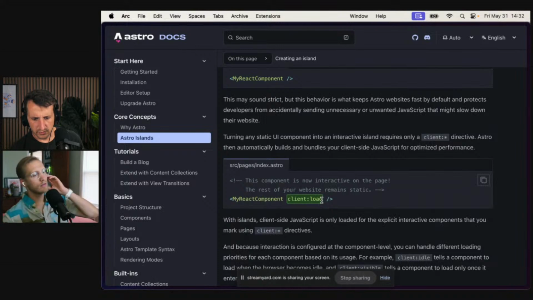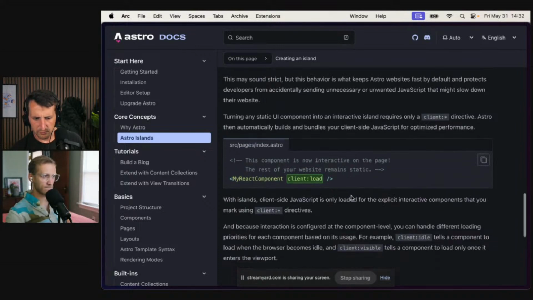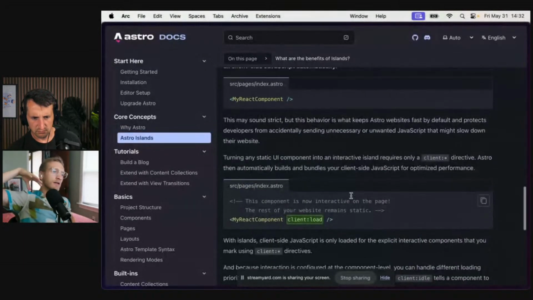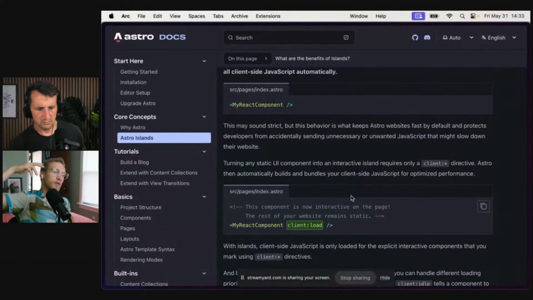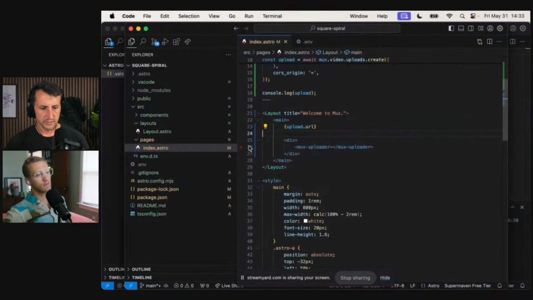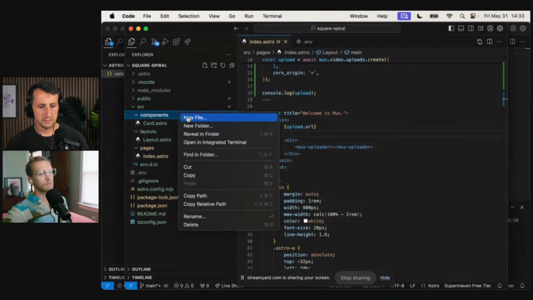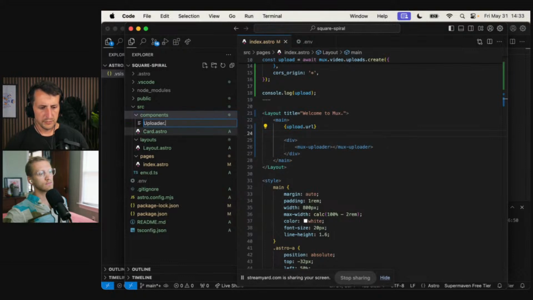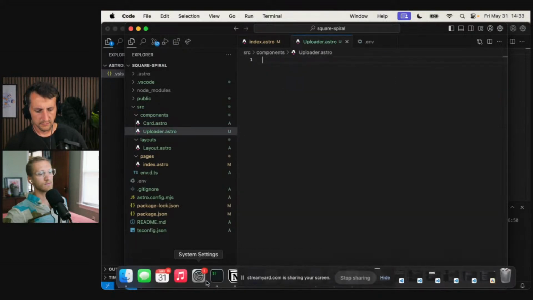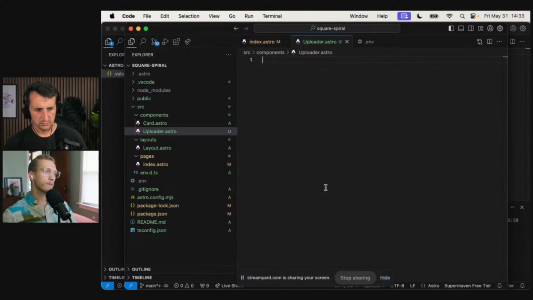Nice. So would I also add that to a web component? No, you'd probably have to make a separate file like uploader.astro and then do the import at the top. All right, let's try this out. Components, we'll call it uploader Astro. Do I need to do that code fence stuff, or is that only if I'm doing extra? No, you still got to do the npm import, right? So that's going to have to live in the code fence. Yeah, all right. Okay.